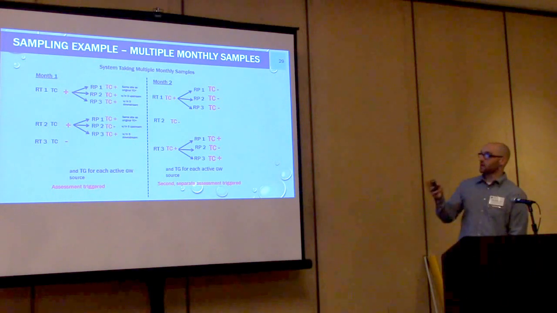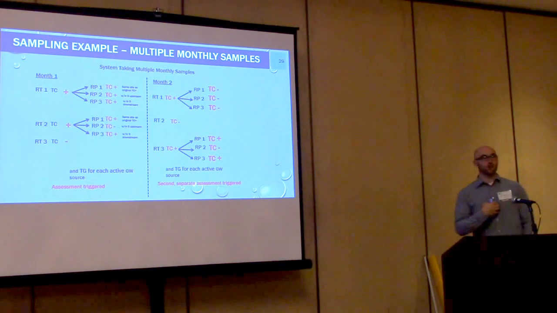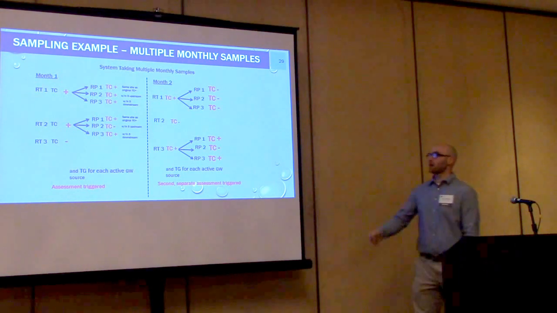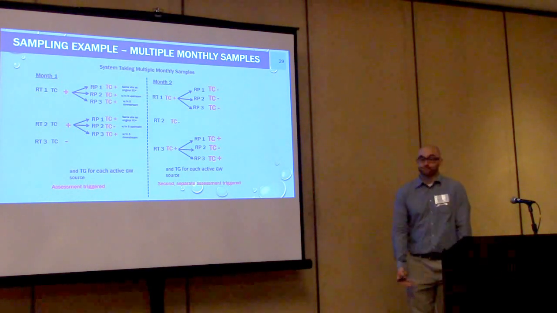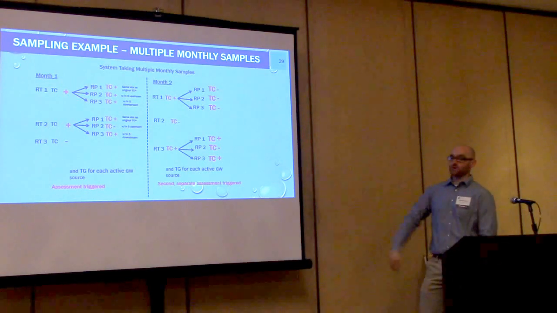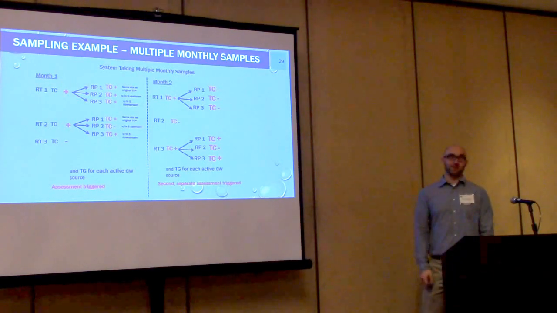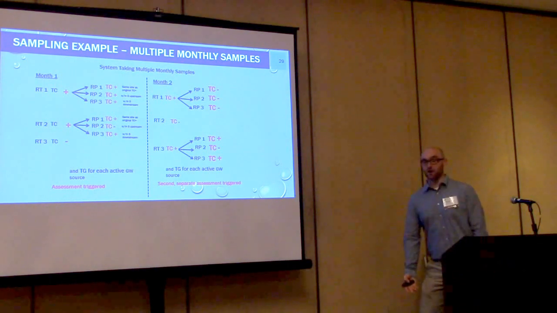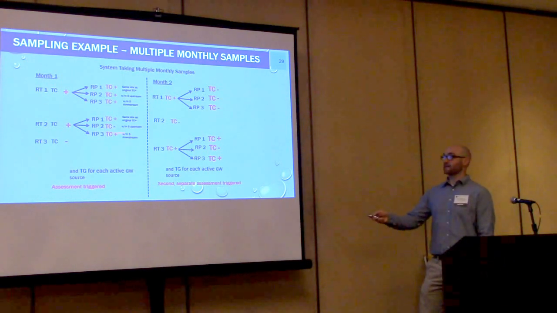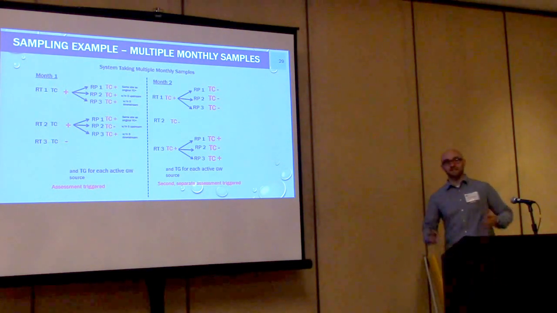An important thing to note is that we cannot waive the requirement to do any samples, right? So you can't say, oh, we already triggered an assessment, why do we have to sample? It's not up to us. So in month 1, you've got 2 already before taking your repeats. Pretty good chance your repeats are going to come back positive. Even if they don't, you're still doing an assessment. We can't waive the fact that these were triggered. You have to do those samples. We can't waive any requirements to do these sets of samples.